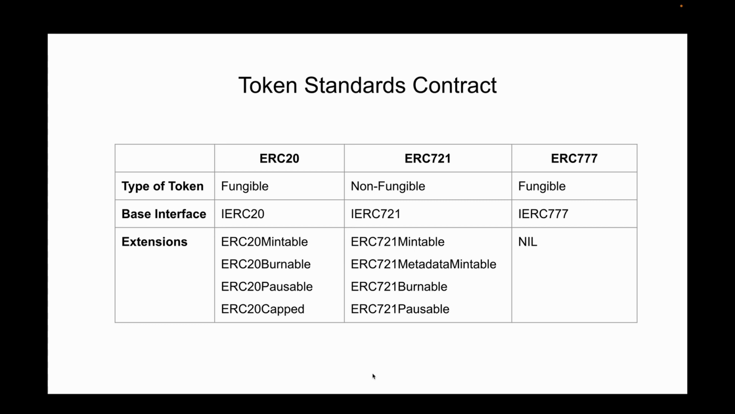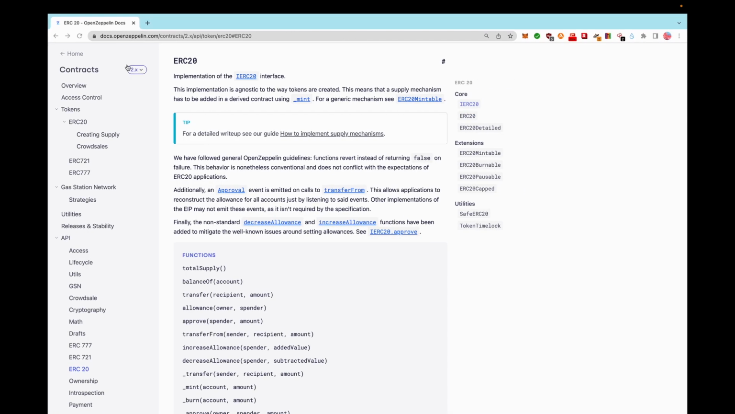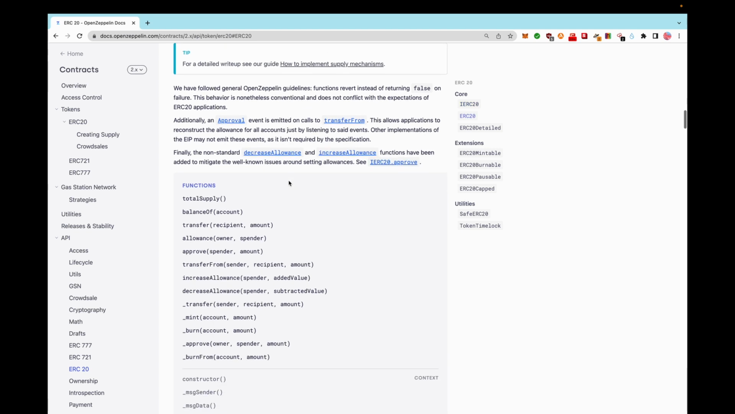To know more about ERC20, what we can do is head to the OpenZeppelin website to find ERC20, and what you can do here is actually read up on what the ERC20 interface is. Generally, it will tell you what it is for and what the available functions are that you can call by having an ERC20 token contract. As mentioned earlier, ERC20 token is a base interface and it can be extended with extension contracts such as ERC20Detailed